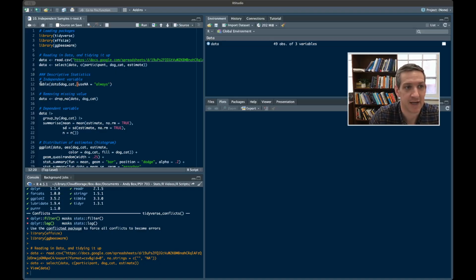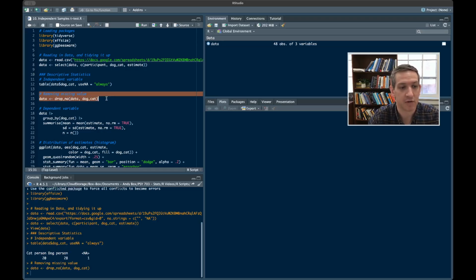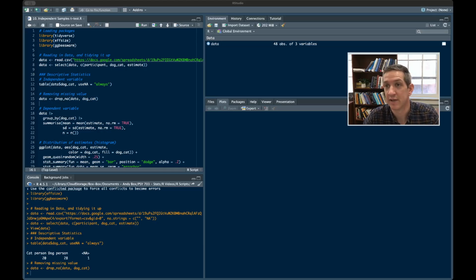We can use the table function from earlier when we were doing descriptive statistics, and we can see we have 20 people self-identified as cat people, 28 self-identified as dog people, and we have one person who apparently didn't give an answer to that question. Now, of course, we won't be able to use them as part of the t-test because we don't know which group they're in, so I'm going to go ahead and simplify things by removing this case, and we would simply make a note of that and report it as necessary